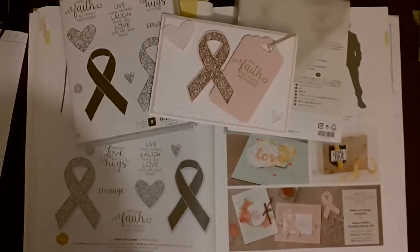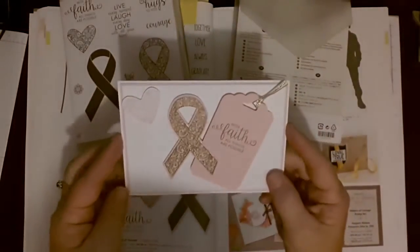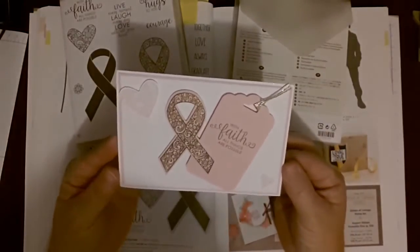Bringing you a card this morning using our beautiful Ribbon of Courage stamp set and Thinlet set. It comes in a bundle, and it's in our brand new catalogue. We launched our brand new Stampin' Up catalogue for 2017 to 2018 on the 1st of June. It went live, so I'm bringing you some videos of all the new products in this exciting catalogue. This is the card that we will be making today, only I'm going to make it in